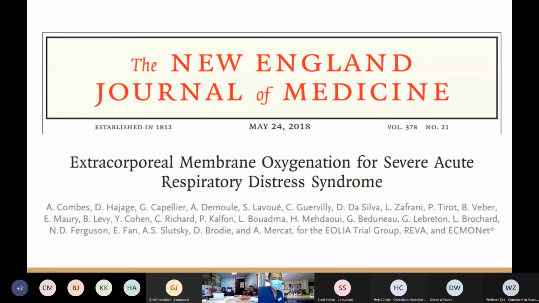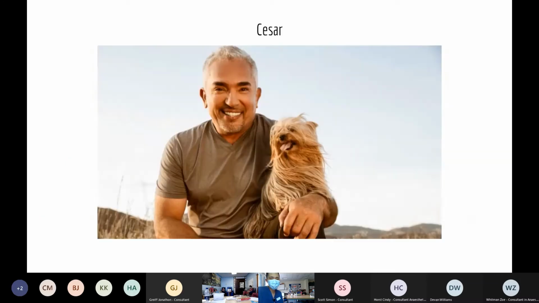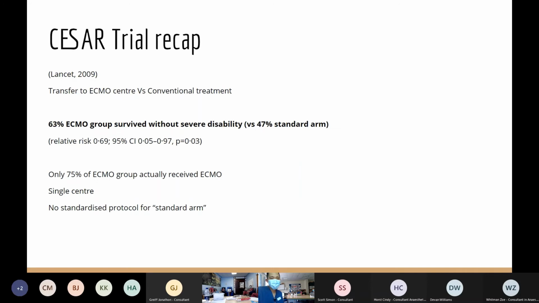So this is the trial that I'm going to be talking about. It was published in the New England Journal of Medicine in 2018. It's an ECMO trial, and we can't really talk about ECMO before we talk about CESAR, really. So just to recap what happened in CESAR. So CESAR happened when I was a baby 15 years ago,